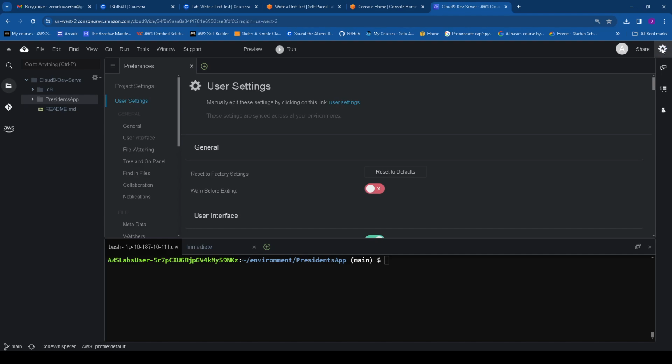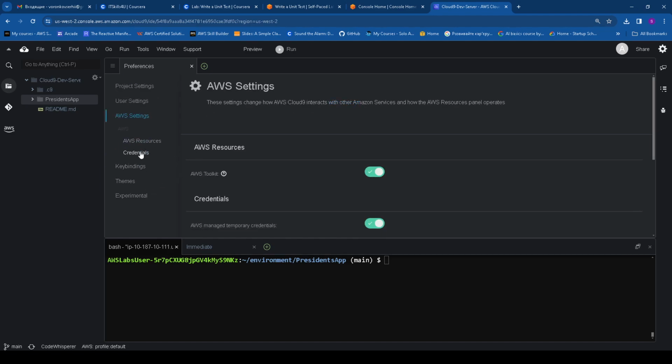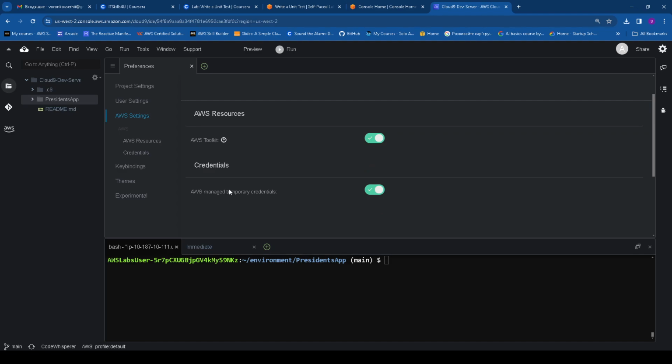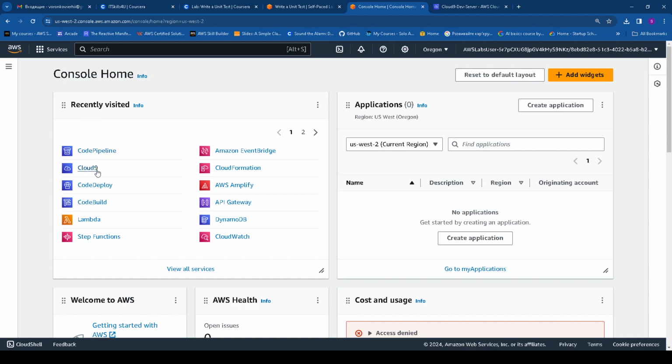We need to navigate to Settings, AWS Settings. Here is Credentials. We can see AWS Managed Temporary Credentials. We need to turn them off. Then we can navigate to